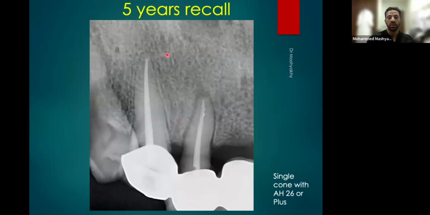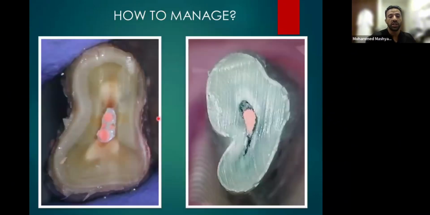Everything is fine. This one, because it has a lot of pressure, looks like radiolucency in the mesial and distal, periodontal more than apical radiolucency because of the endodontic infection. So this is single cone with a regular sealer, I think AH Plus sealer, not even bioceramic, and it's working perfectly. In this situation, if the anatomy is big, not round, like this one or like this one, I put a single cone here and apply pressure,